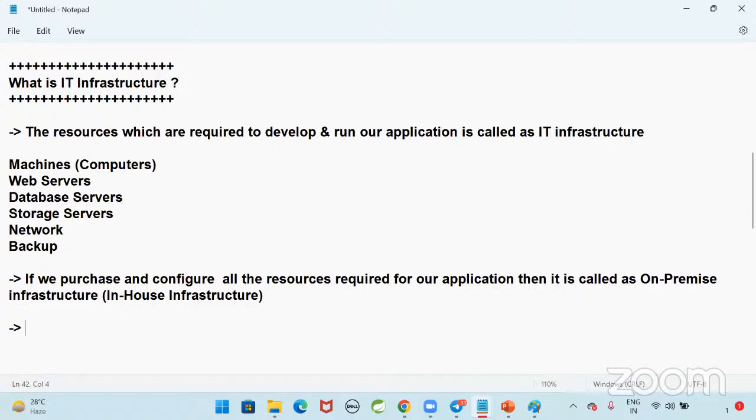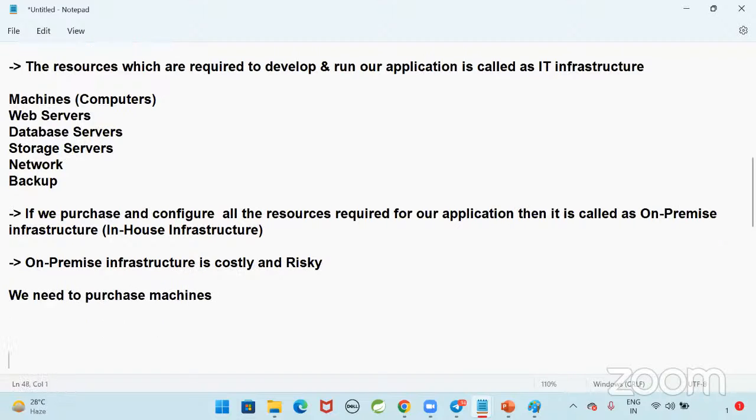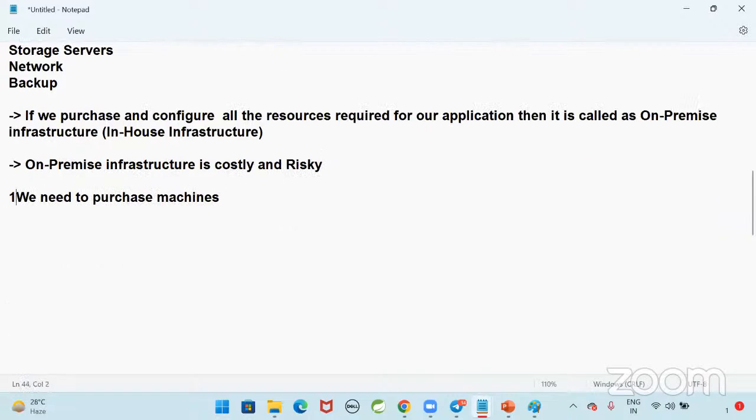On-premise infrastructure is costly. Setting up infrastructure on our own is a costly operation, and it is a risky operation. On-premise infrastructure is costly and risky. Why? We need to purchase machines, first thing. And the second thing, we need to purchase